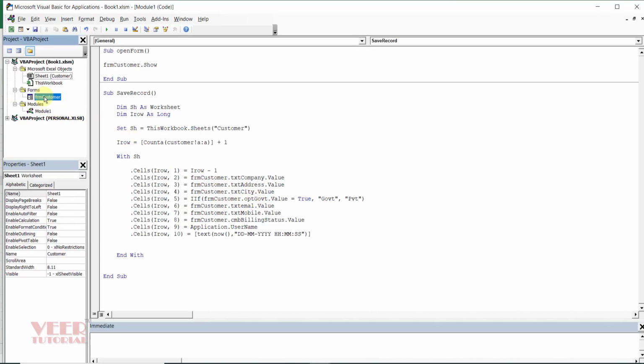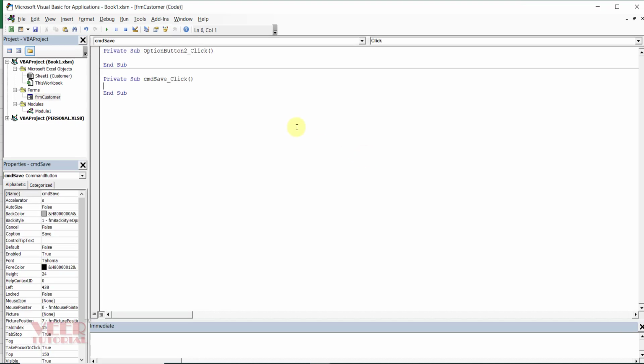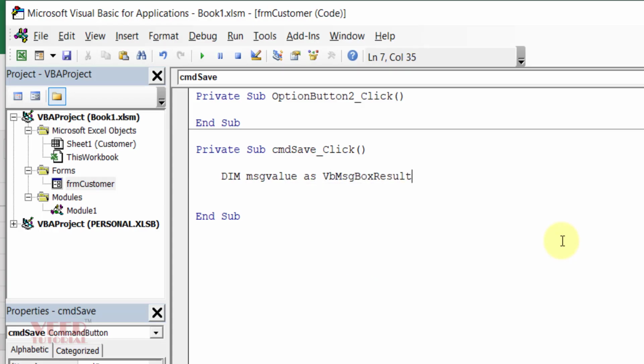Now I will double click over here, and now I will double click on this button. So whenever I click on this button, but before that I would like to define some objects as VbMsgBoxResult, and MSGValue equals to MsgBox.